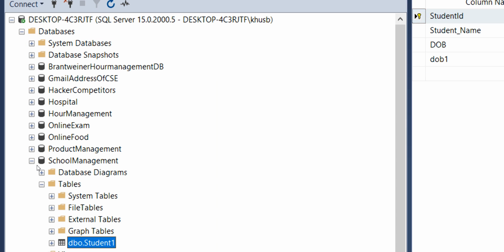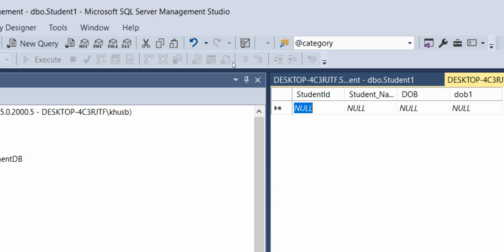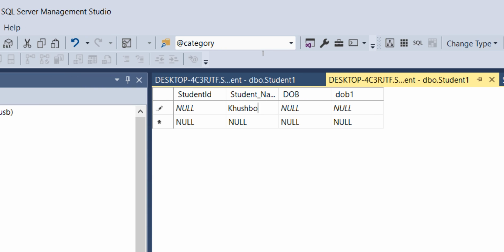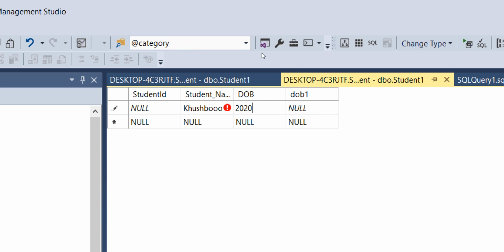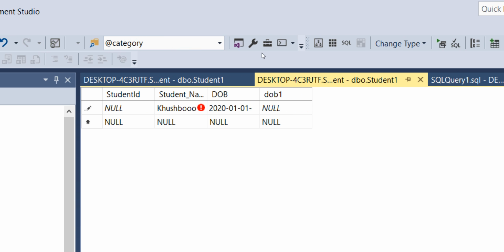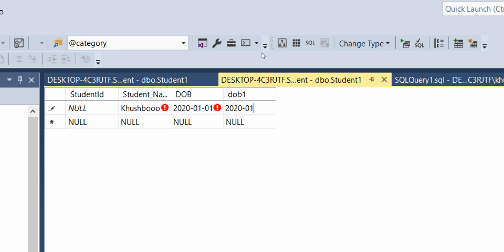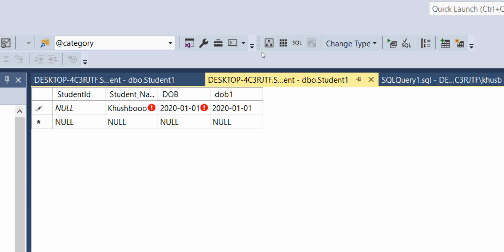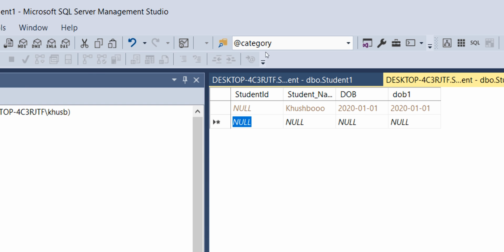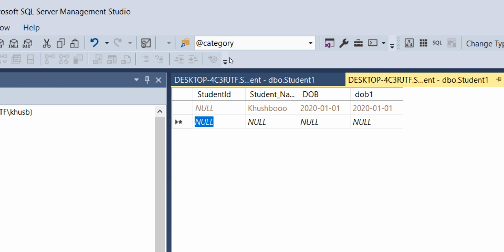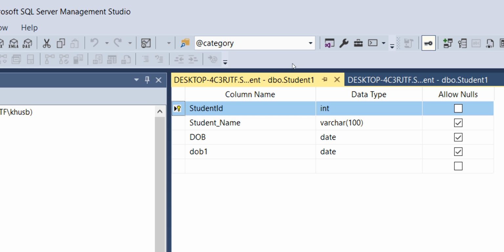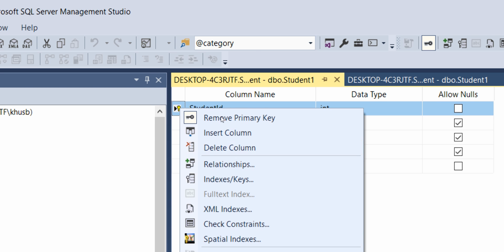Let's have a practical. So again go to the edit option, and this time you do not need to specify the student ID because we have set this as an auto increment, right? So what values do I want to insert? I want to add Khushbu, the name of the student, the DOB of the student, and that's it. You need to click on the tab button. Did we not set this correctly, or what is the problem?